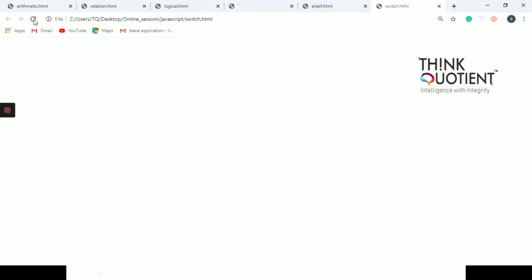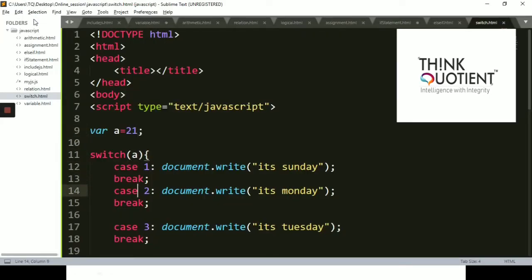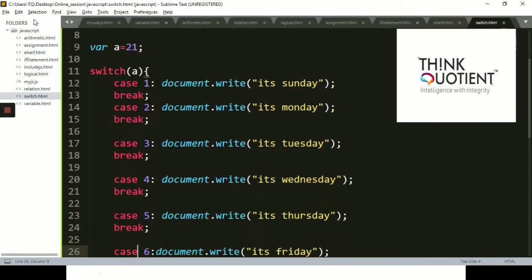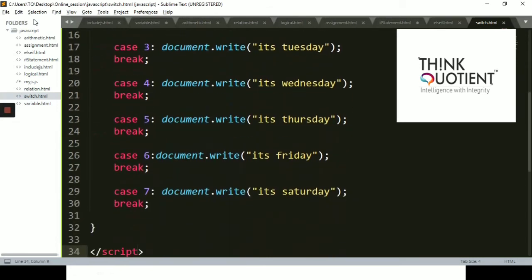So simply what I'm going to do is add a default condition. If none of the conditions gets matched, in that case I have to display something, and that can be done using this default condition. So I'm going to have default over here, and in that default I'm going to write some block of code, and that is nothing but my document.write statement. So document.write, and I'm going to add over here